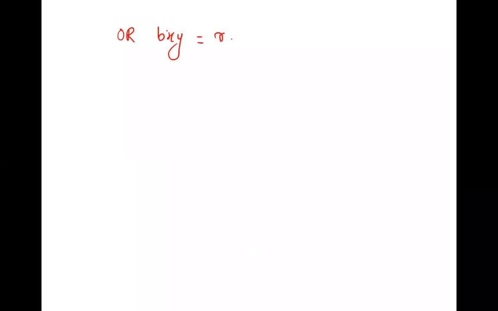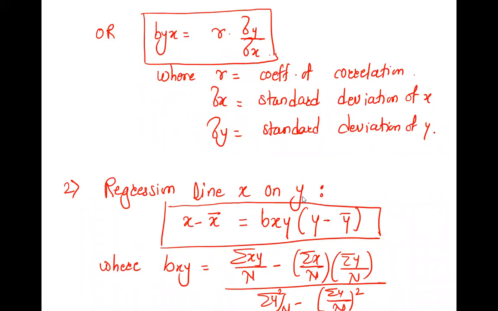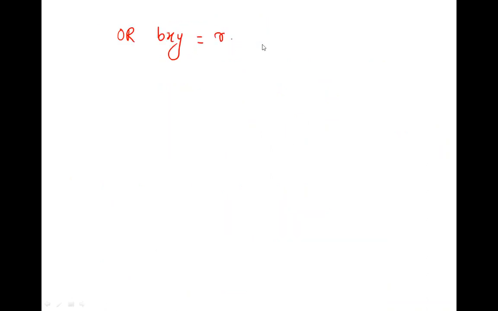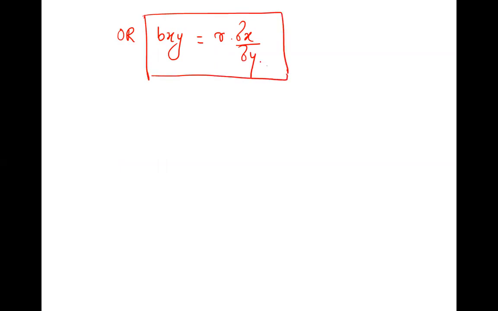If it is bxy, x goes up, y goes down. Like here, for byx, y goes up, x goes down. Y comes first, x comes later. Right? Sigma y first, sigma x in denominator. Like that itself, here x comes first, y comes in denominator. That is sigma x upon sigma y. Definition. Okay, we'll solve these values, put them into the line, and then we can find the regression lines.